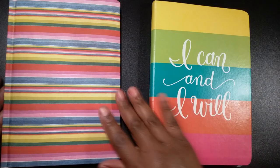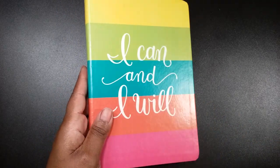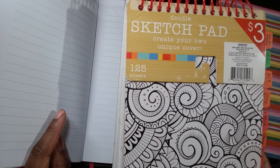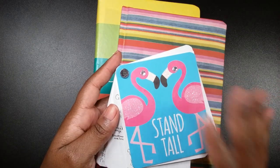So I showed you guys on a previous video this book that I was going to use. This was a journal with really nice paper in it, but I ended up with this one. I got this one from Hobby Lobby, and I wanted to use it instead because it had plain paper, kind of like copy paper, but a little bit thicker. The paper quality is about the same as the sketch pad. It's lined, has lines in it, but I'm actually going to use this one for my pencils. And I want to use this one with the really nice textured thicker paper for all of my water mediums and my water-based markers. So of course you guys already saw that I'm going to use this one for my alcohol markers. So I will be using the same technique